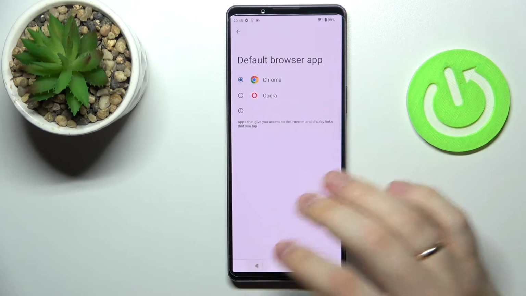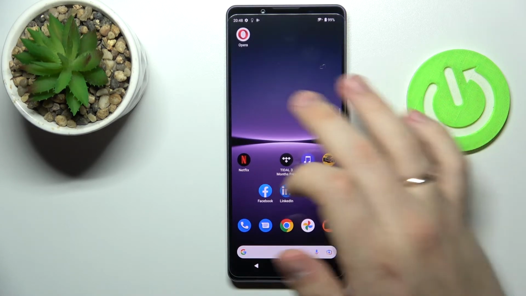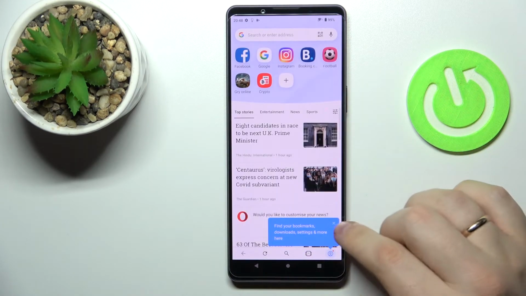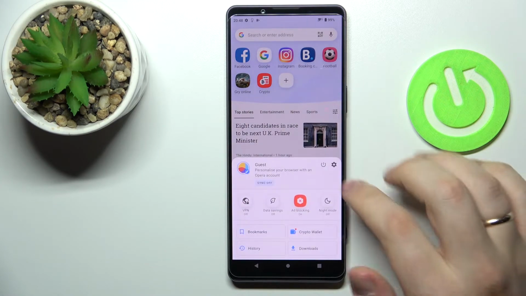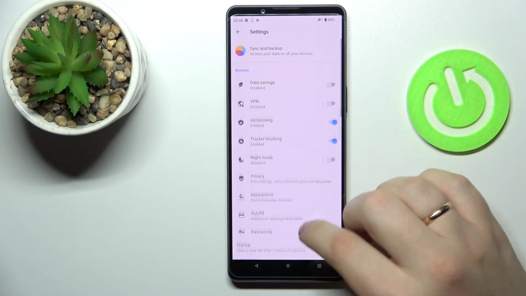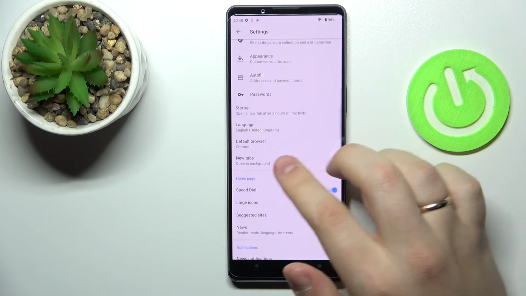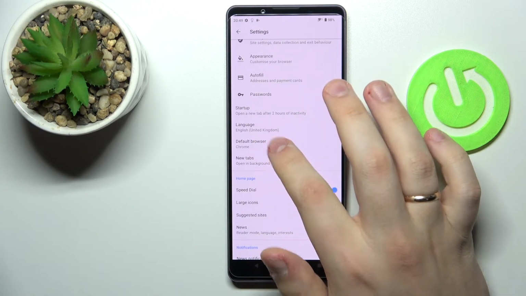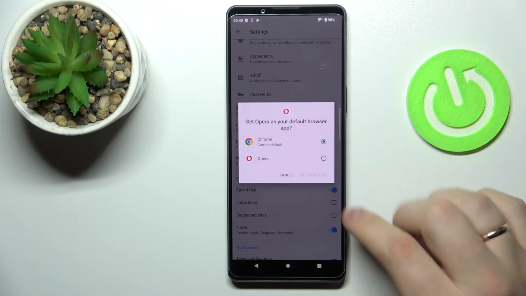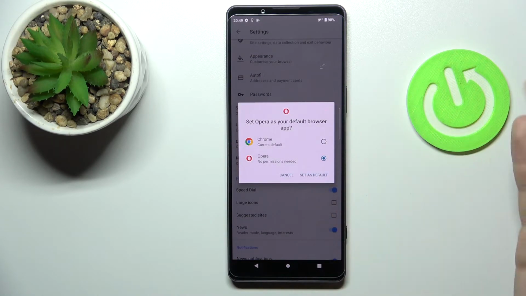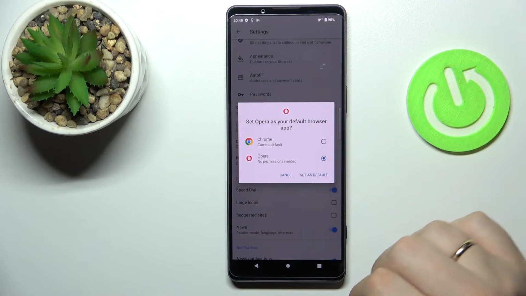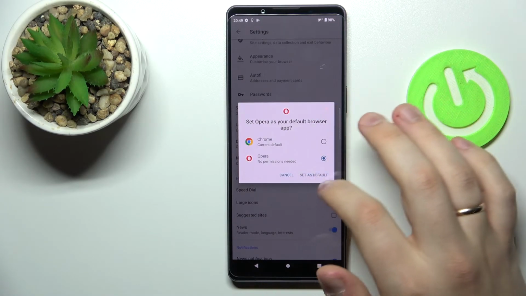There is also a second way to do that directly from the Opera application, so let's go ahead and open it. Here at the bottom right corner, tap on your avatar, then on this gear icon that stands for settings, and at the settings page just scroll down for a little bit and find the default browser section which you need to tap on, click on next and select Opera, and finalize setting Opera as our default browser by tapping on this option,